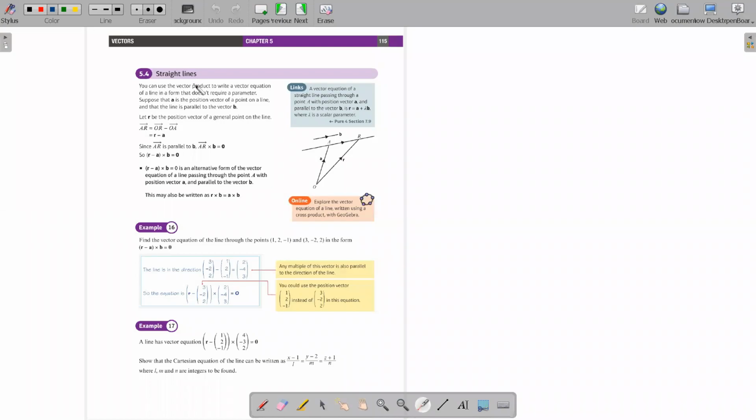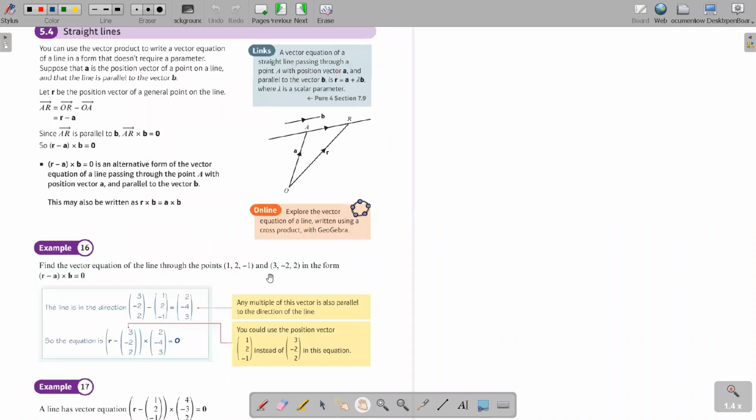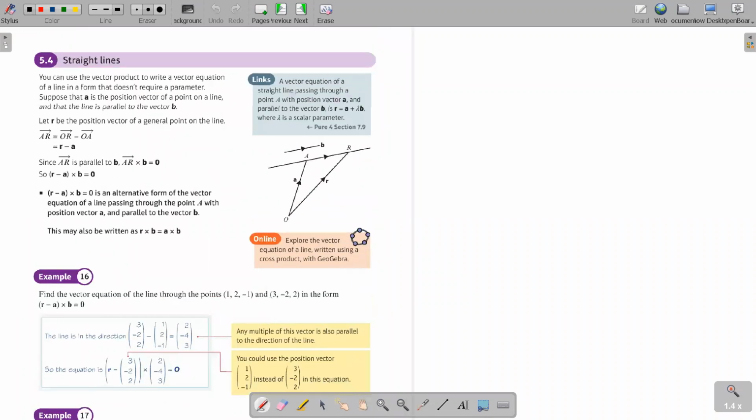Okay, so the next part is we are going to quickly discuss the vector straight lines. So vector straight lines, children, how do we get the vector straight line equation? Already in P4, the vector straight line formula we use is r equals a plus lambda b, right? Can you all remember this in P4? Can you all define for me what each of these represents? What does a represent in P4?